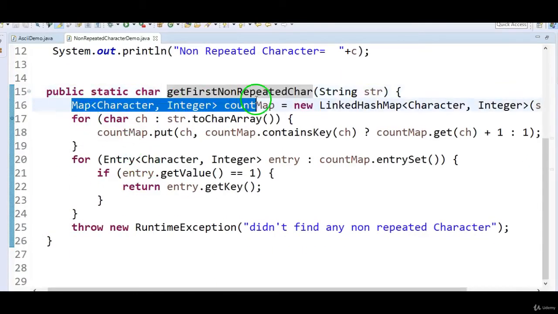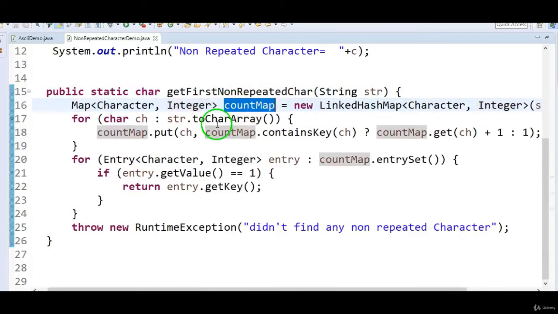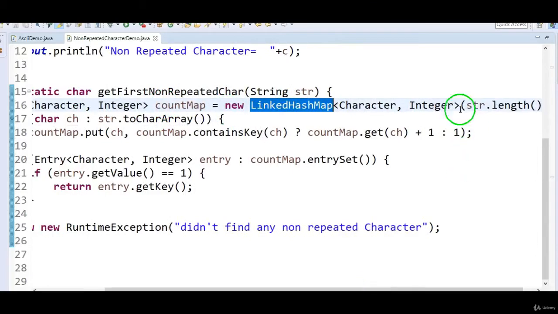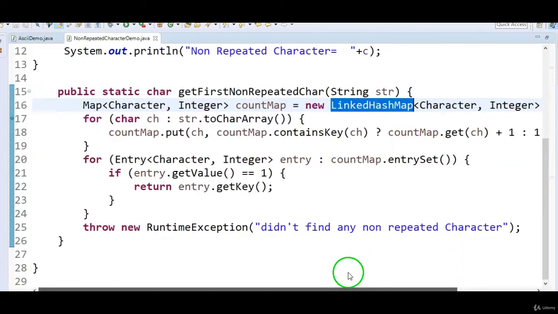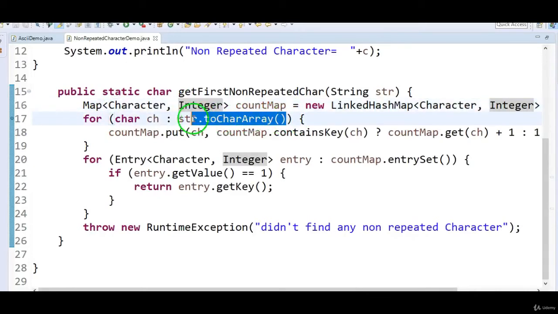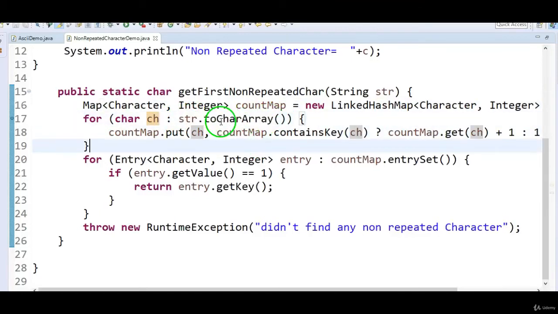What we will be doing is Map<Character, Integer> countMap equal to new LinkedHashMap<Character, Integer>(str.length()). First I am creating a countMap which will store character comma integer. Now at runtime, str.toCharArray will give you the character array.